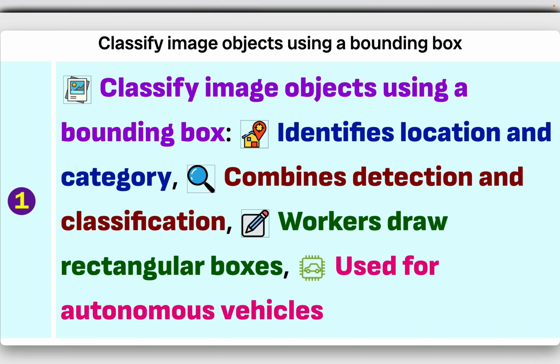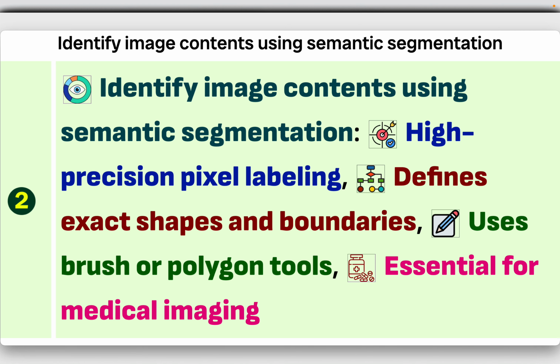The resulting data is typically used to train computer vision models for object detection systems such as those used in autonomous vehicles. Next type is identify image contents using semantic segmentation. So this is a high precision labeling task where every pixel in an image is assigned to a specific class or category. Unlike bounding boxes which provide a rough area, semantic segmentation provides the exact shape and boundary of an